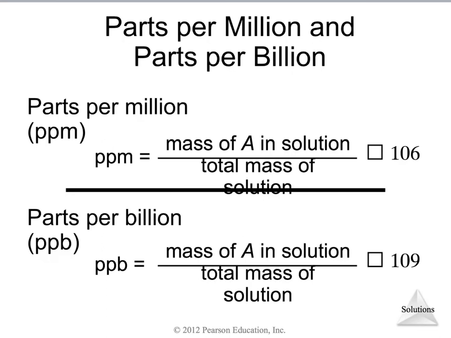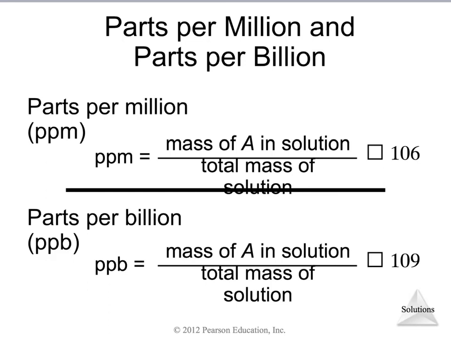Oftentimes we use parts per million or parts per billion, especially when we're thinking about something that's toxic or carcinogenic. The acceptable maximum concentration of toxic or carcinogenic substances we report in parts per million, which is ppm, or parts per billion, which we'll represent as ppb. It's the same thing as a mass percent. The only difference is